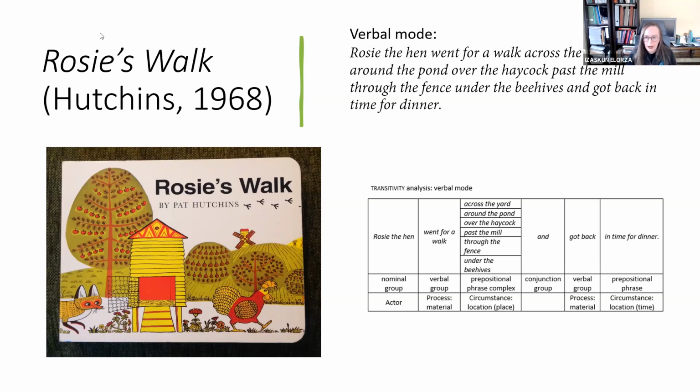So as I was saying, I'm not very much concerned with whether went for a walk is a verbal group or could be interpreted in a different way, like for a walk being a prepositional phrase and so on and so forth. What I'm concerned with is that the highest load of verbal information goes to the circumstantial location of place. So it is not that much about the different actions that Rosie performs as to the places where she goes to.